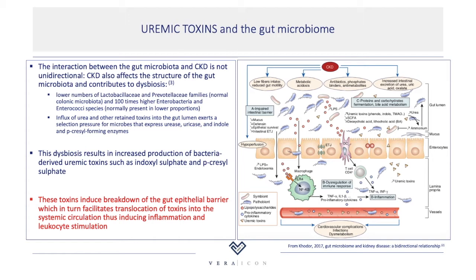So we know that numbers of lactobacilli and Prevotella are going down, and these bacteria are replaced by Enterobacteriaceae and enterococci. And it's exactly these bacteria that produce enzymes that will produce more indole and p-cresol and all of the other precursors of uremic toxins. So actually, the change in the microbiome will lead to production of more precursors of uremic toxins that will ultimately break down the tight junctions between the enterocytes